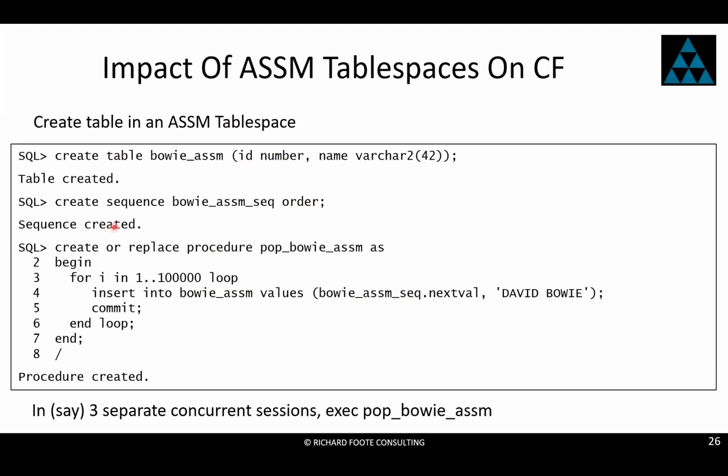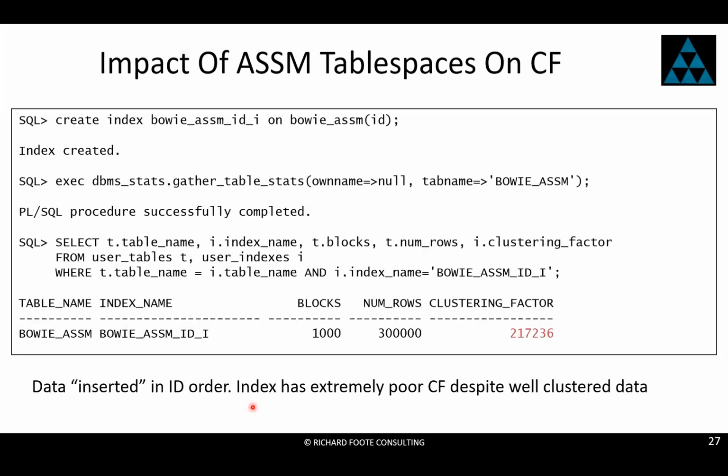But importantly, I'm going to execute this procedure from 3 different sessions, which means session 1 inserts into some blocks, session 2 inserts into different blocks. Why? Because ASSM is designed to avoid contention. I don't want multiple sessions to be inserting into the same block. So the beauty of ASSM tablespaces is that it helps to avoid contention. The problem, though, is my 3 sessions are all inserting their rows into subtly different blocks, which means they're not going to be perfectly ordered in my table,